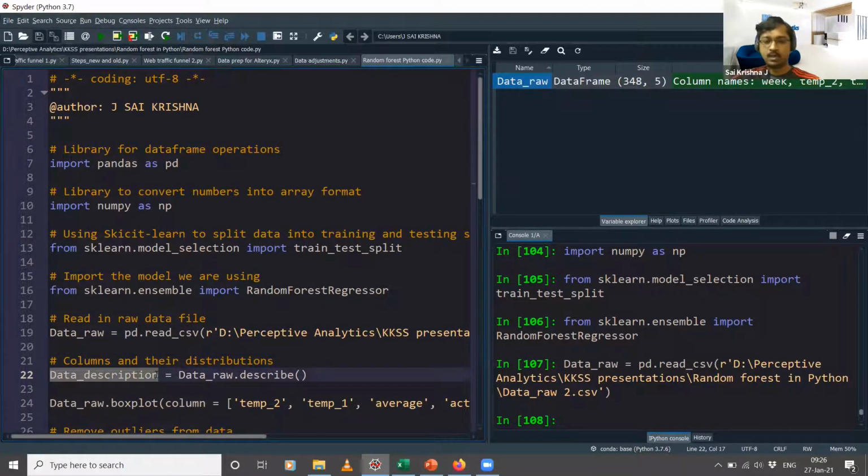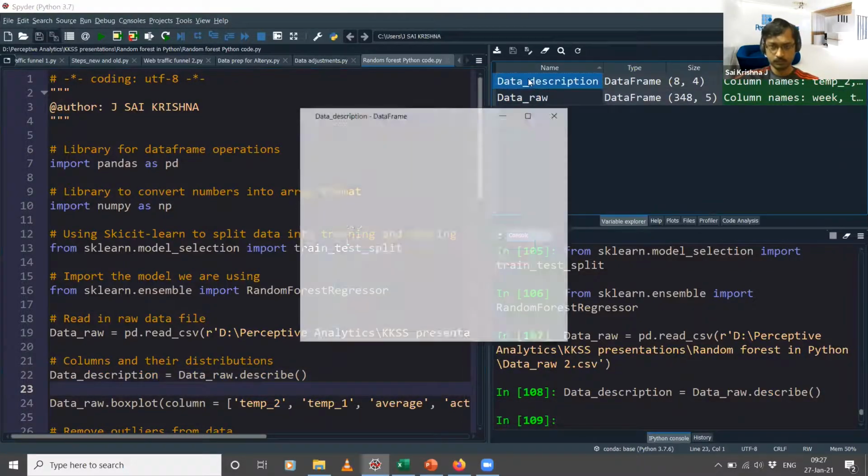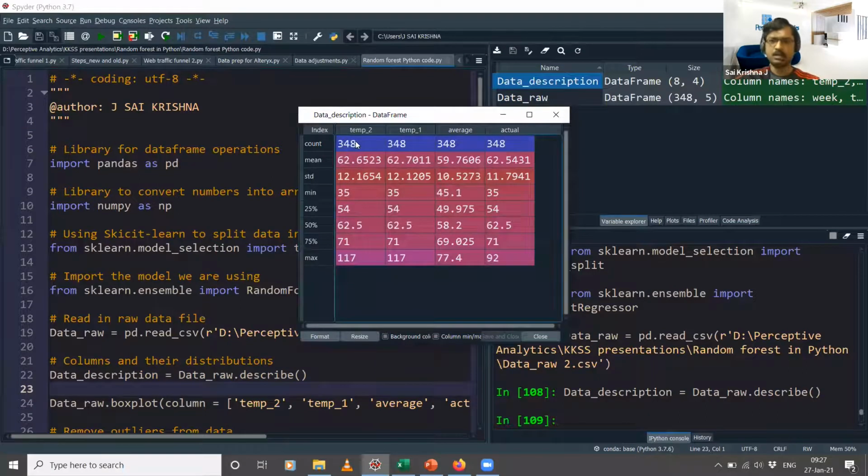Okay, so we have written that data file, and the columns and their distributions we will just see. Before doing any machine learning algorithm, we have to check whether there are any outliers in the data and what the distribution of each column is. For that we have this function in Python called describe. So we are just describing this raw data which we just loaded from the CSV file, and we are storing the description in a separate data set called data_description. So I will run this line. So you get one more object. Let's see what that looks like. See, this data set has 5 columns, but one column is the categorical data, Friday, Saturday, Sunday, that data.